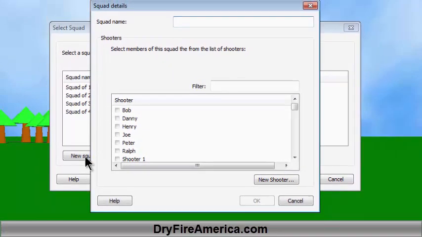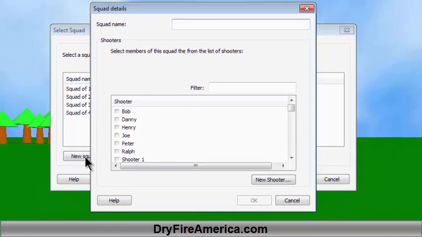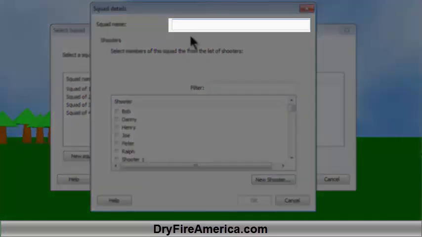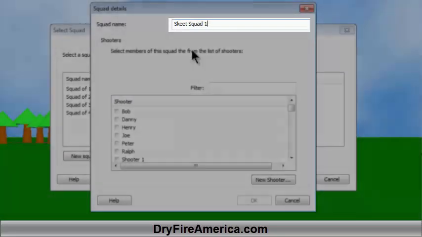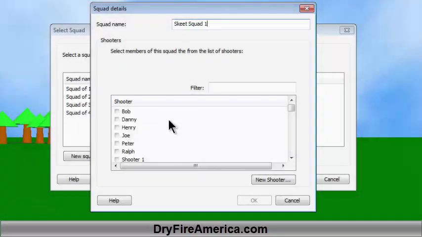Now, when I do that, it's just like when we were working in the edit mode. We're going to start by going up here and putting a squad name in here. And this time, I'm simply going to call it Skeet Squad 1. Now, after giving it a name, I'm going to come down and select 5 shooters from those that are in